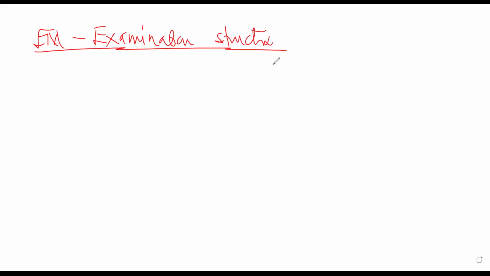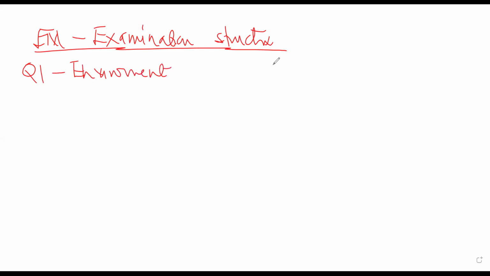But if you come to financial management, what is going to be the question 1? Okay, so if you come to financial management, the examination structure, question 1 will be for 20 marks. How will the 20 marks be allocated? You always have a question on environment